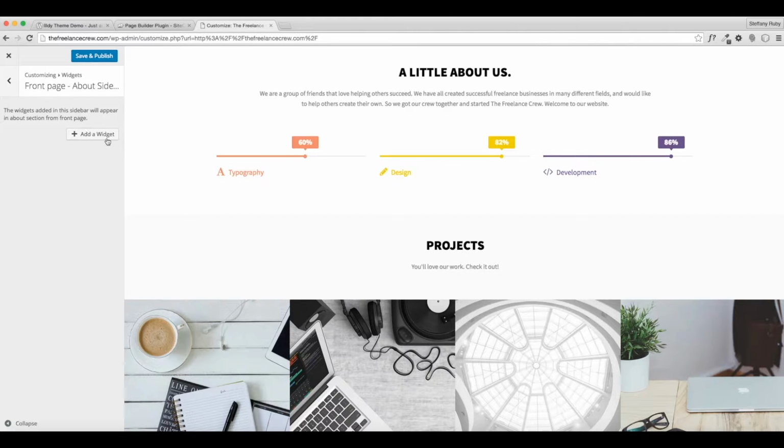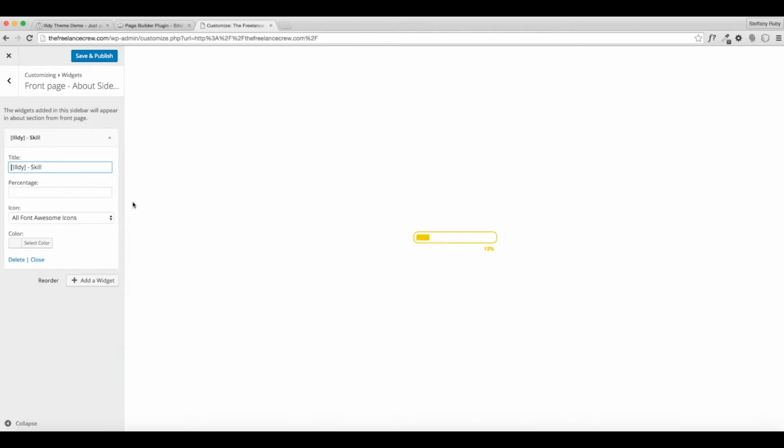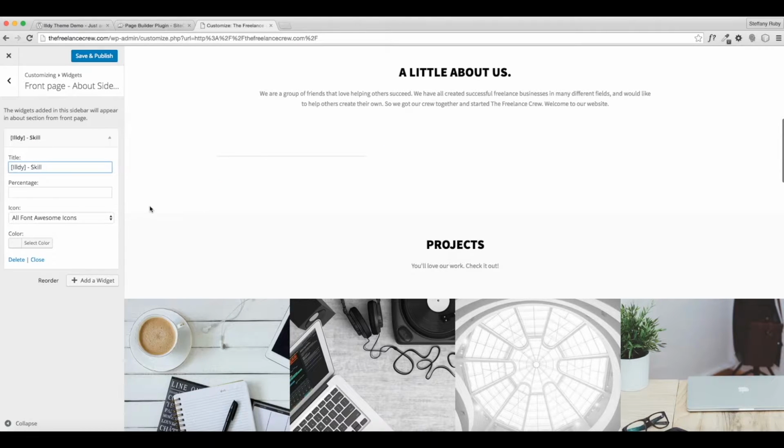So you go to the next section, the About Sidebar, and you go to Add a Widget. And it'll give you all these different widgets. We're focusing on the LD widgets here. And so they're pretty self-explanatory, but this first one we're going to do skill, sorry. We're going to go ahead and go down to skill. And that's going to be these separate ones we do here. You can add as many as you want, but I'm going to stick with the 3. So once you add your own, it's going to delete the demo one, and you're going to start to add